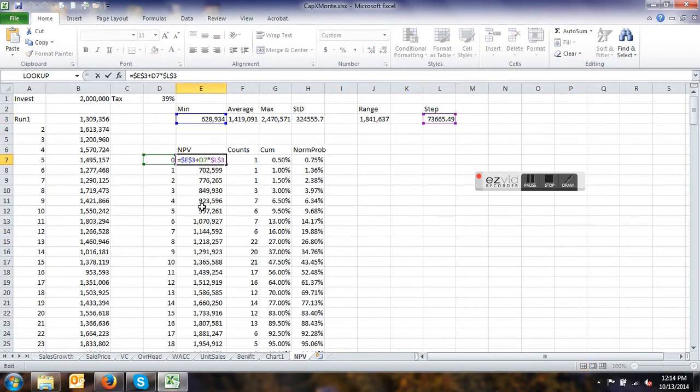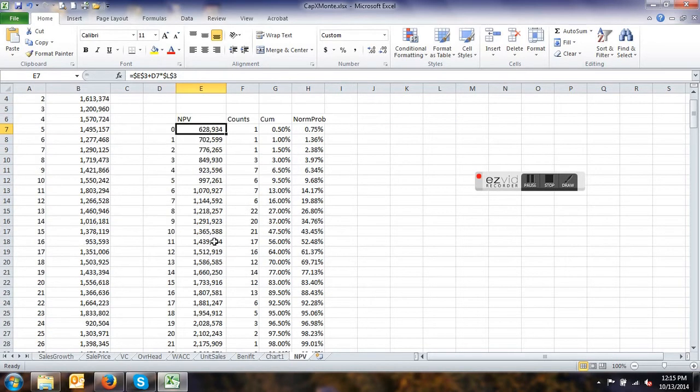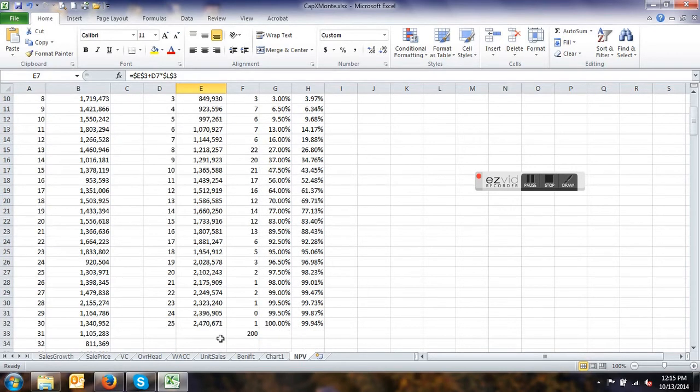To set the minimum one, I just set it equal to the minimum plus my count number times what the step is. Start at 0, go forward. Drag it down, and then on the upside,